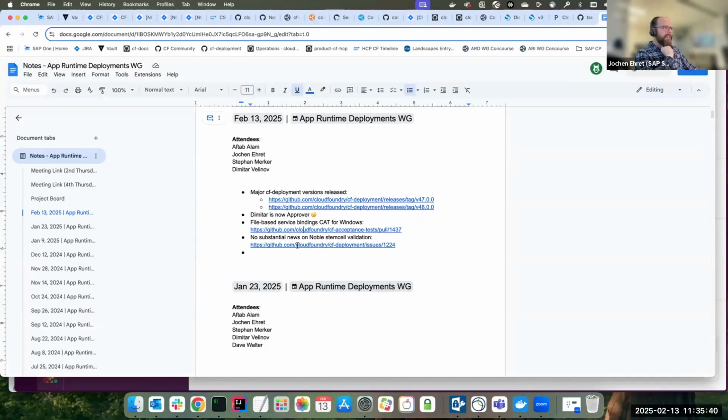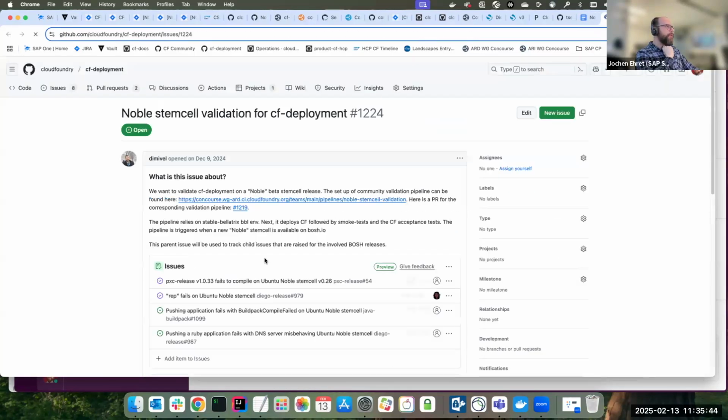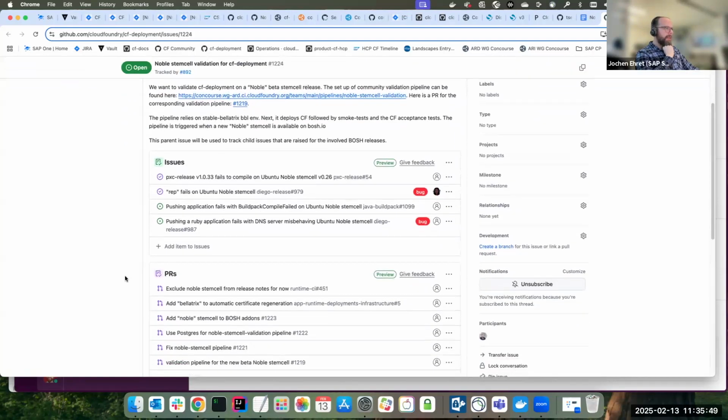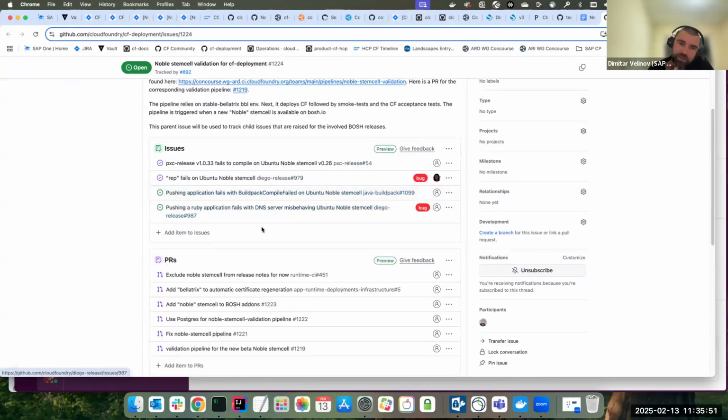Okay, Noble stemcell validation. As far as I saw, there was no bigger progress. Yes, we still have two main issues, one with the Java buildpack and the other one open to the Diego release.